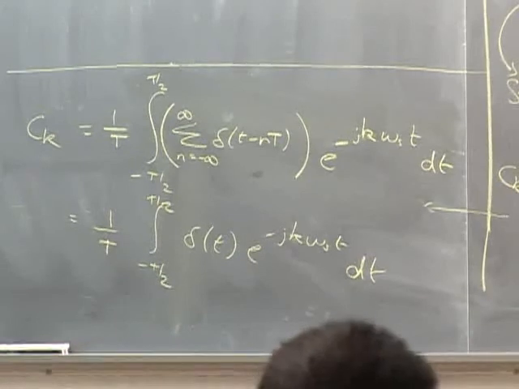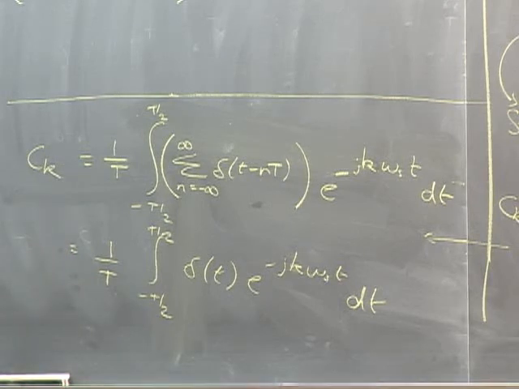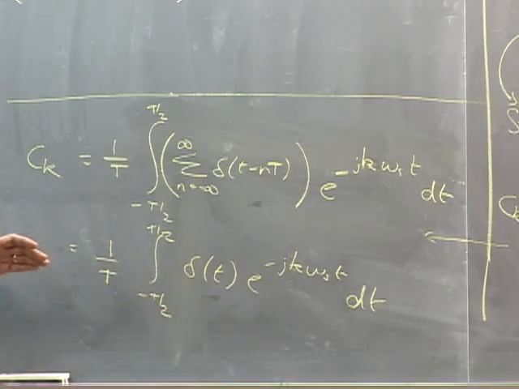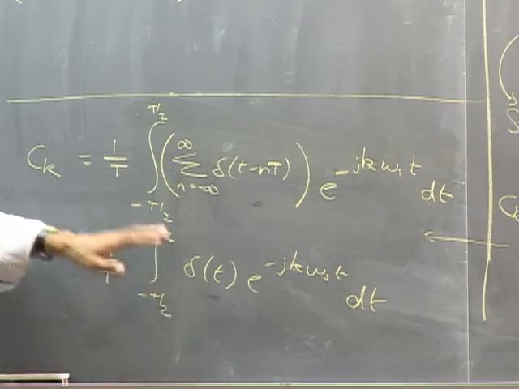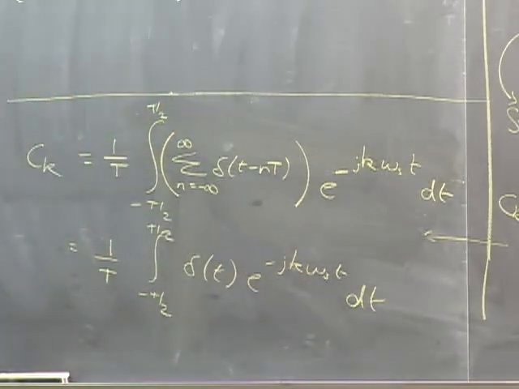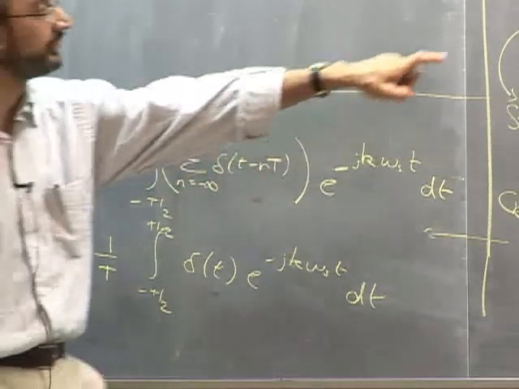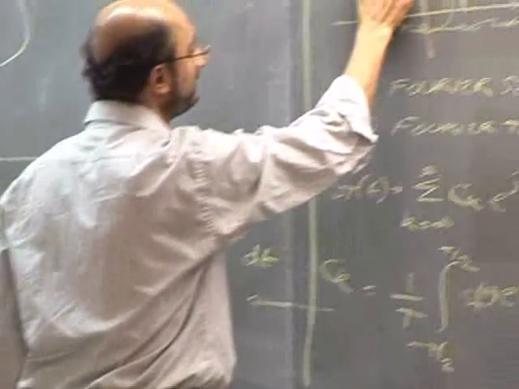Now the other trick I'm going to use is that this range minus T over 2 is some integral, whatever it is, right? And because delta t over here is 0 everywhere else, I can just as well expand this to minus infinity to infinity, and the integral isn't going to change. Why? Because I want to get the formal definition of delta t times something, and then I know what that is. That's the easy thing to do. In a minute you'll see why I'm doing that, but certainly if I expand this range, it's not going to change the integral, because delta t is only defined for the value 0, everything else doesn't matter. So what I'm really doing is getting rid of all the stuff over here for the